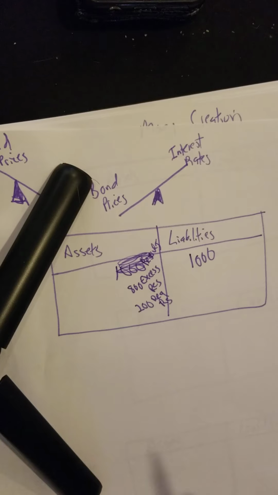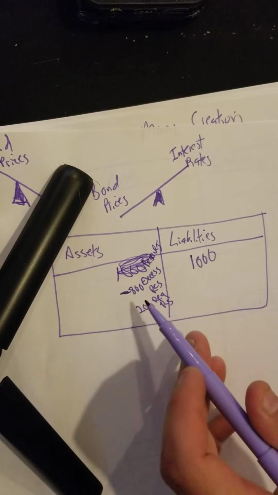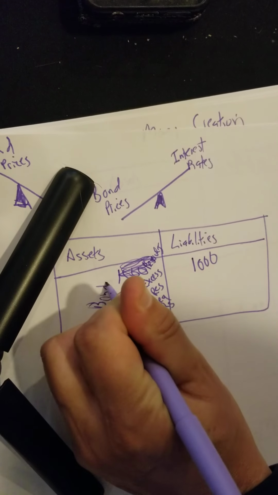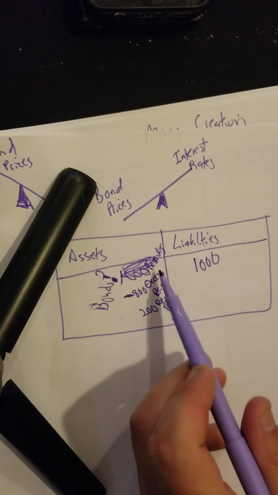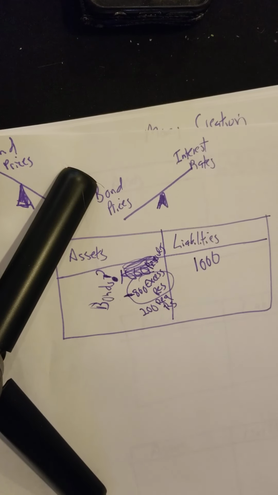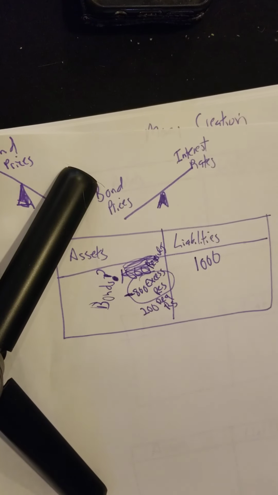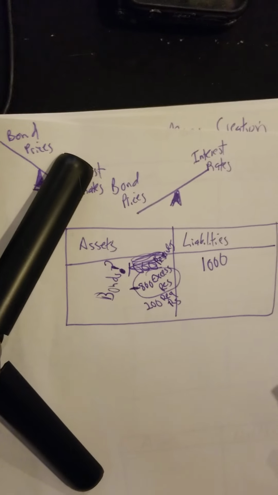Now, here's the thing. If they take this $800, and in real life we're probably talking about millions, if they take this $800 and they buy bonds, can we see that? Yeah, we can. If they choose to buy bonds, then that's $800 they can't loan out. And the less money there is to loan out in theoretical loanable funds, hopefully we understand that that naturally is going to make interest rates higher. Okay? So when the Federal Reserve sells bonds, maybe, looking back at our seesaw, maybe they give a